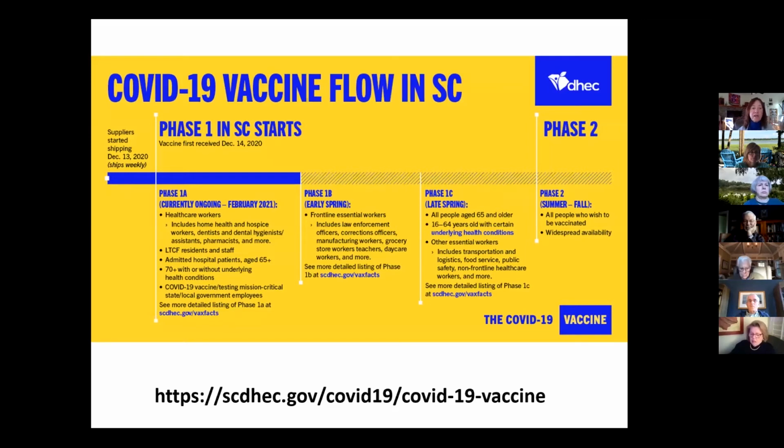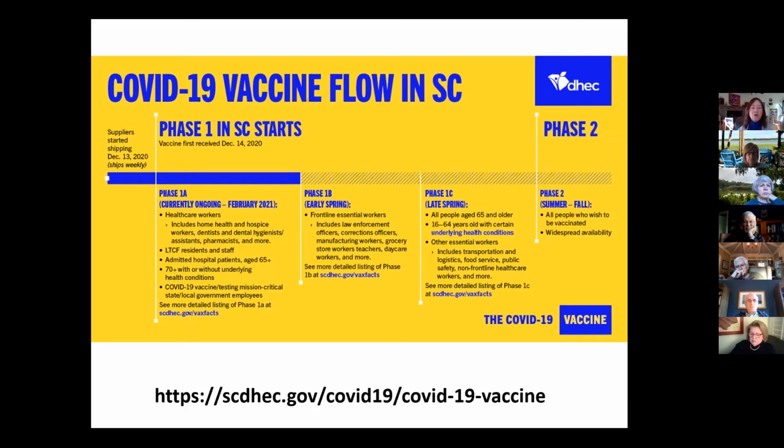Healthcare workers, and that's not just doctors and nurses, that's anybody who's working in a healthcare setting. So that's going to be orderlies, nurses, aides, EMTs, the long-term care facility residents and staff. We have an idea about that, and I'll show you a map about that in a moment. We can estimate the number of people in both of those groups. The moving target is when we start adding some additional groups to phase 1A. The challenge of adding more people to phase 1A, of course, is delay in getting to some of the others.